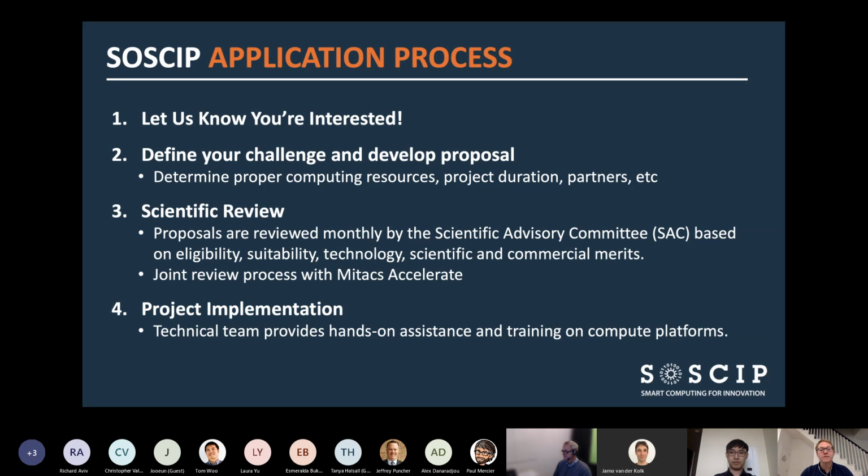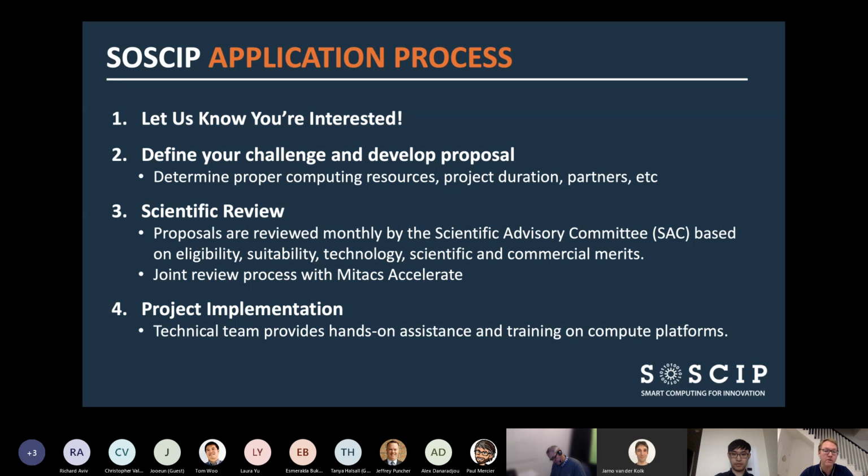What we've also launched about 2 months ago, and we're still piloting but are going to go to full moving forward with, is actually the reverse of this. If you already have, say, a Mitacs Accelerate in place and you're realizing there's a need to add additional computing power on, SOSCIP will accept the Mitacs peer review process. We just look at the proposal as a truncated proposal, looking specifically at what the computing needs are and how the milestones are going to be aligned to that for the duration. And we can again get those approved very quickly and get them up and running.